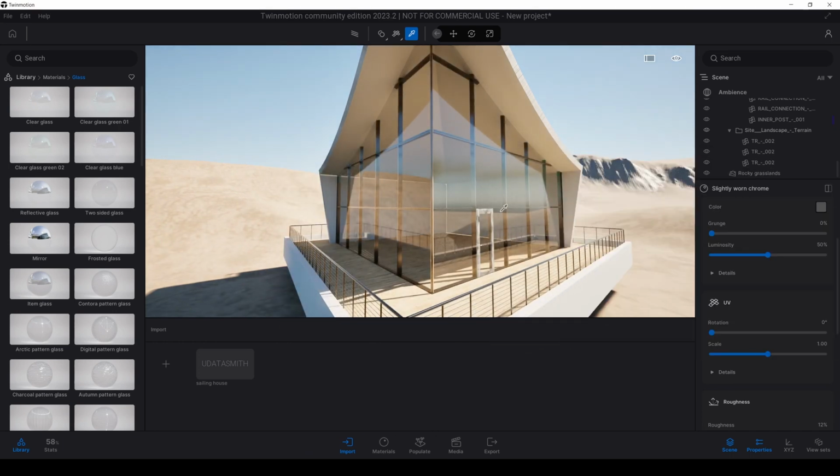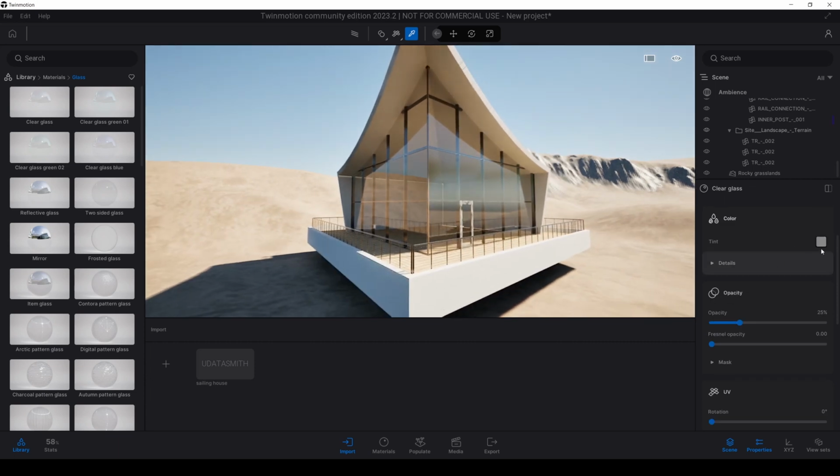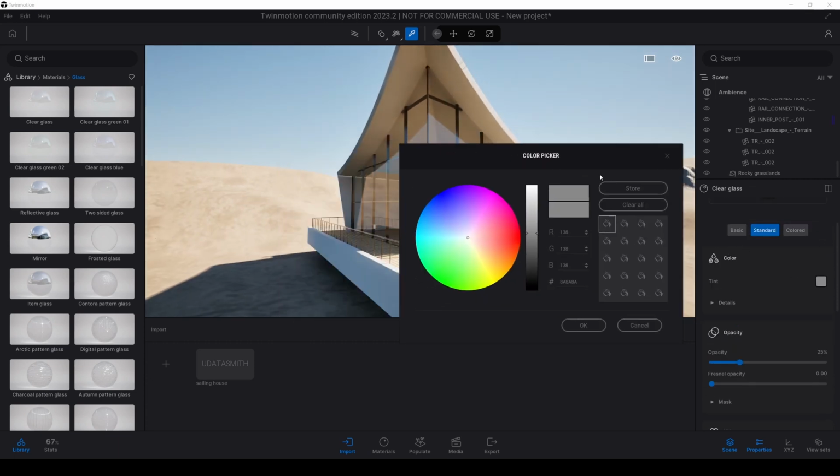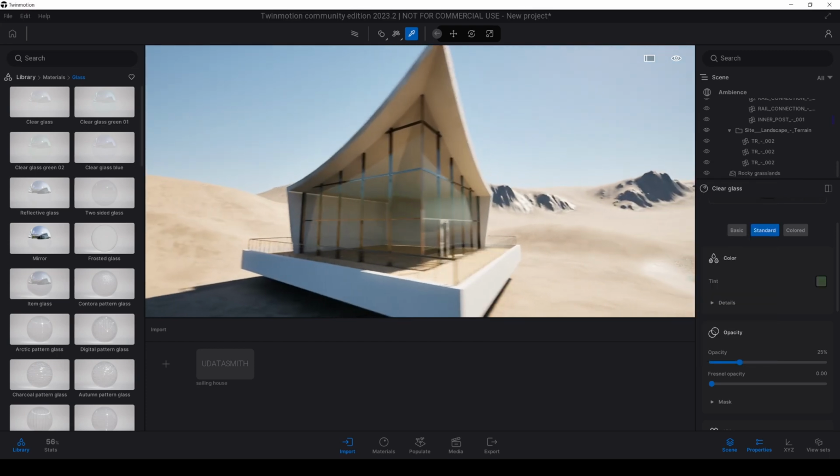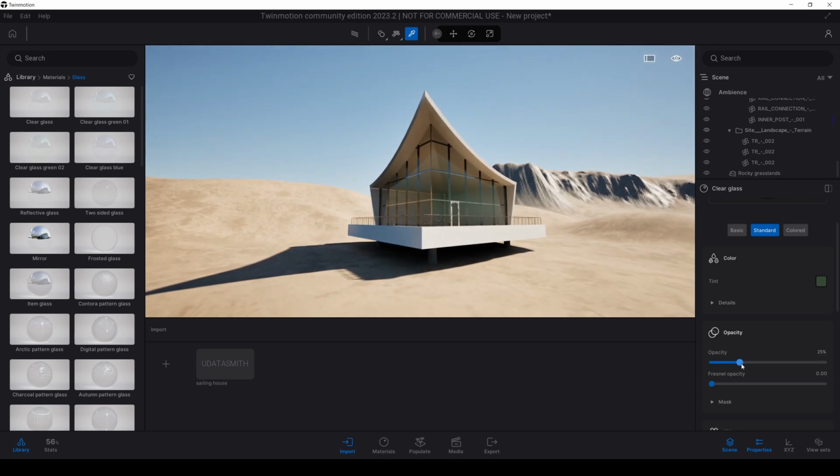Way more better. If we change opacity, we will get more reflection.